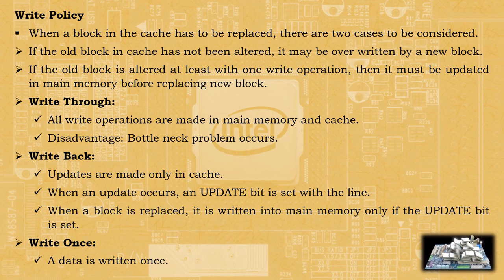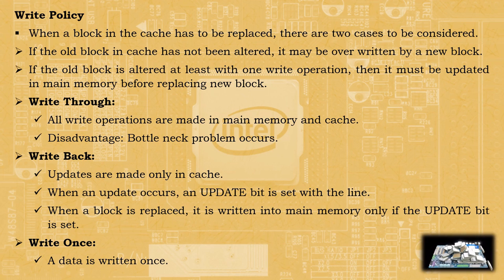Write through. The cache copy and main memory copy are updated simultaneously. Suppose we are updating some particular information in the processor, and a copy of it is there in cache memory and main memory. Then both copies will be updated simultaneously. The advantage of this update policy is that main memory always contains the same data as the cache memory. The disadvantage of write through is that the time taken to update main memory is more when compared to cache memory. More time is required to update.